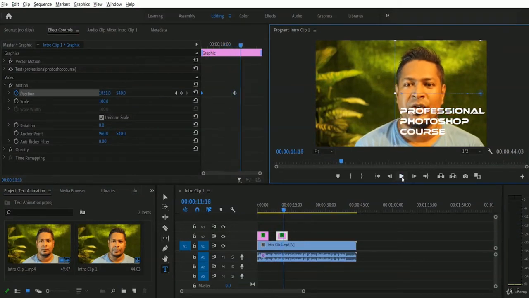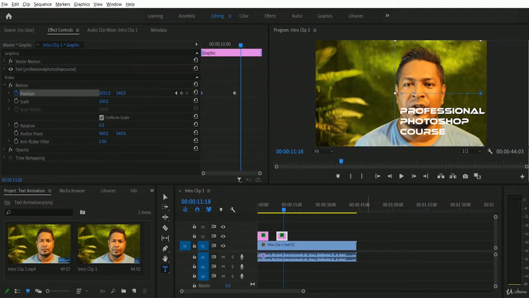You just saw this text move from left to right, and this is the magic of keyframes along with the position. So this is how you will make an animation of text in Adobe Premiere Pro using position. Right now we are going to learn about the animation of rotation and animation of zoom, and that's why